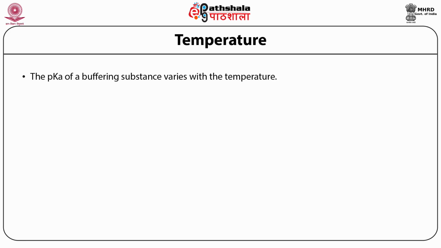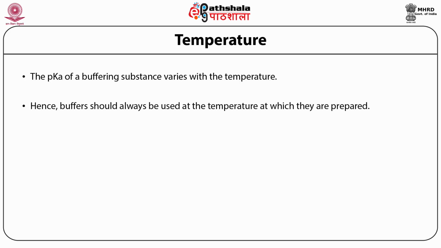The role of temperature is a very important factor to consider when carrying out ion exchange chromatography. The pKa of a buffering substance varies greatly with the temperature. Hence, when buffers are used in ion exchange chromatography, they should always be used at the temperature at which they are prepared. For example, the buffering capacity of the commonly used buffer, tris buffer, that is tris hydroxymethyl aminomethane, fluctuates greatly